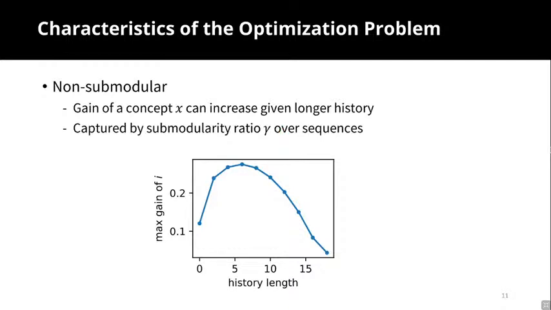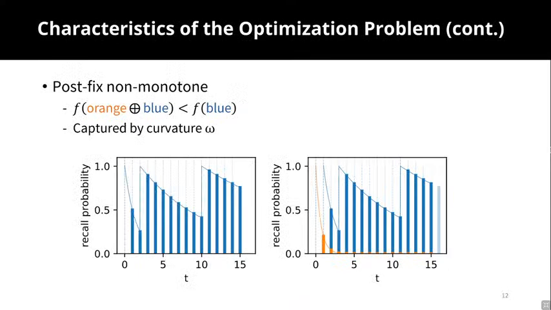That also motivates our next quantifier of the behavior of the function, which we refer to as the curvature of the sequence submodular function. We see that the objective function f here is not even monotone. By that I mean if we look into two sequences, one longer, the orange, where we show the item 4 times, and the blue, which shows the item 3 times, looking into the area under the curve, we can actually see the blue curve has a higher utility.